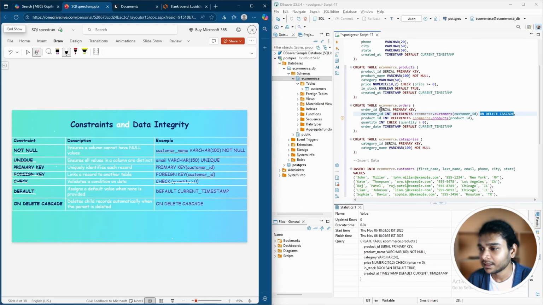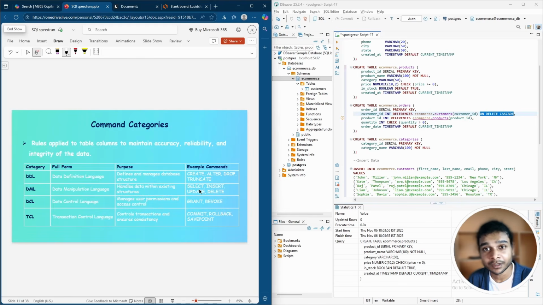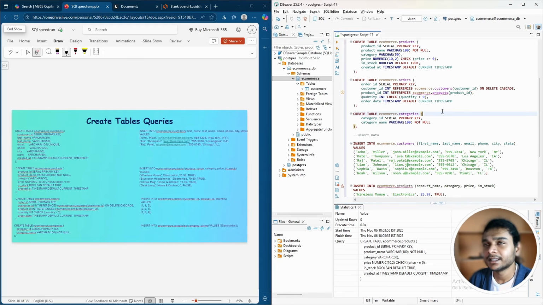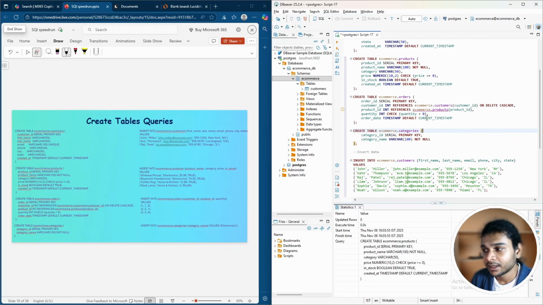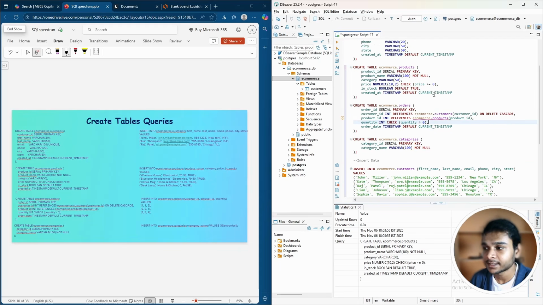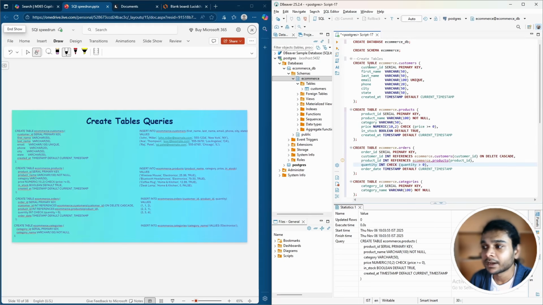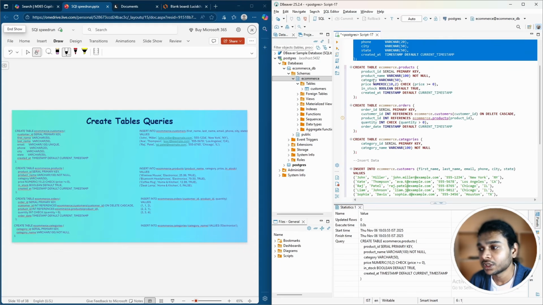We used ON DELETE CASCADE for this foreign key, and we will see how it works, right? It basically works like this when we enter the data into these tables: if you delete any data in the parent table, the child table reflects that change. Let's say, in this case, customer ID is defined with the constraint ON DELETE CASCADE, right? And there is a customer ID defined in the customers table to reference two orders, right? And if we delete a customer ID from the customers table, which is also listed in orders,